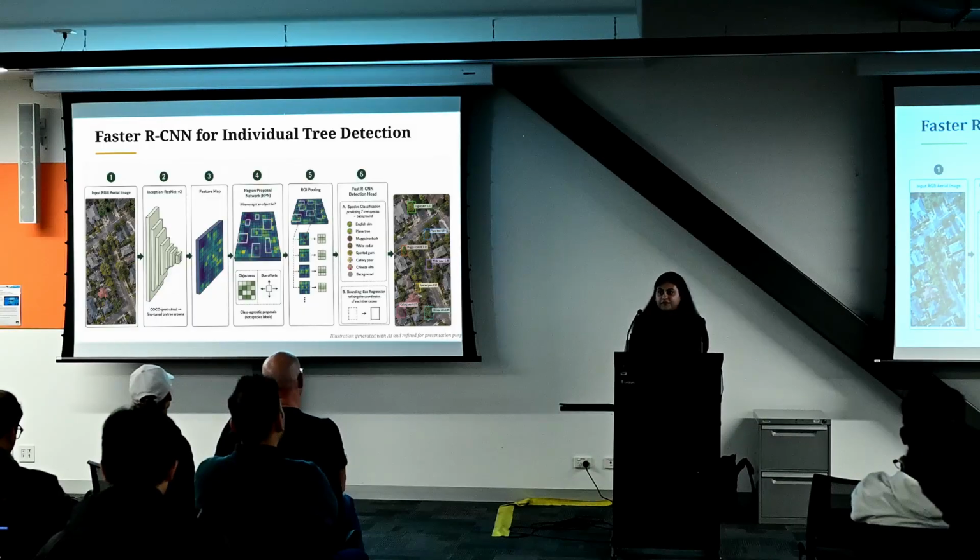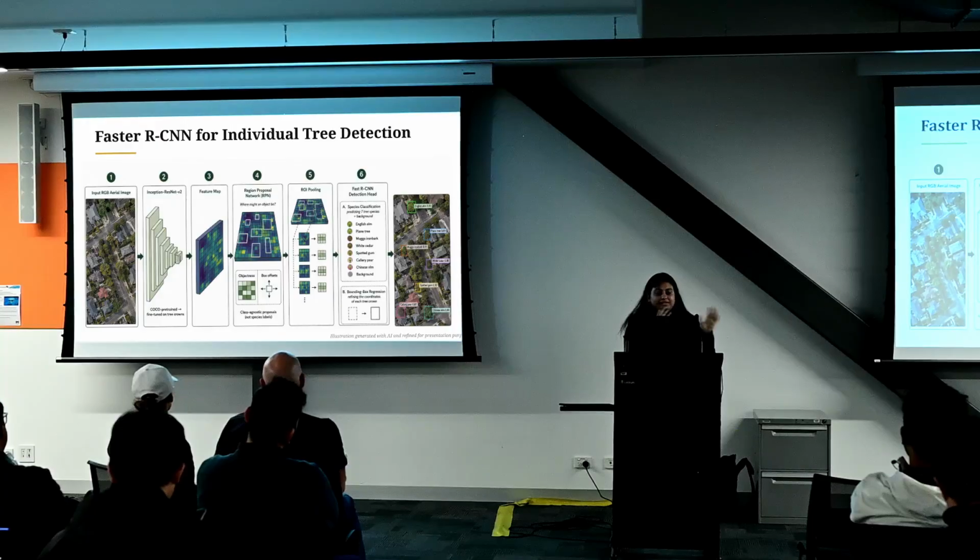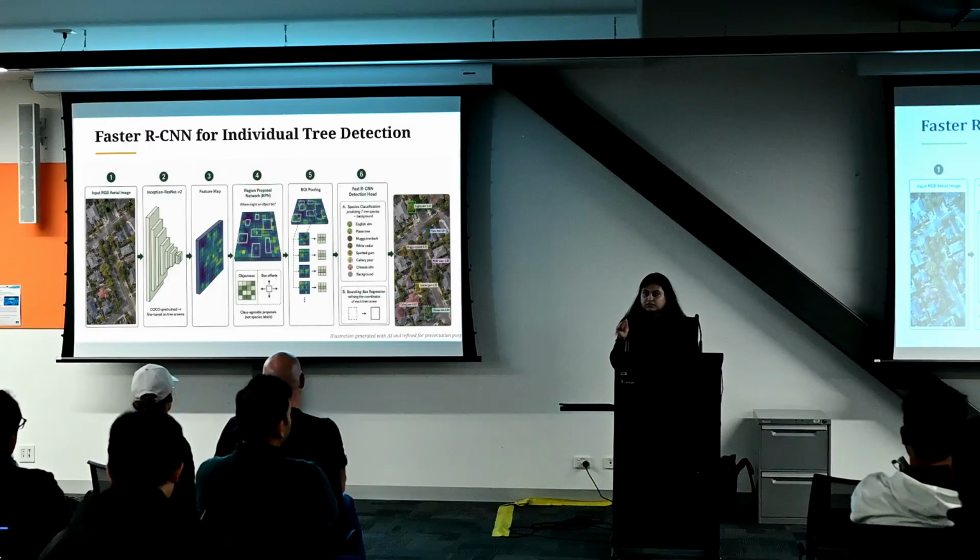Then it generates a feature map, which goes through the RPN, or region proposal network, which shows where an object can exist in that image. It still doesn't know which species it is, but it knows what part the object might fall in. Once it's done, it moves to ROI pooling, which localizes the bounding boxes, and once that is done, the model sees what it learned as to what species it belongs to.